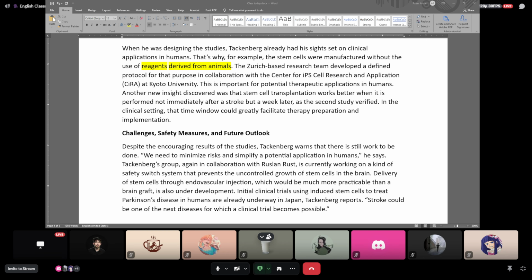This is important for potential therapeutic application in humans. Another new insight discovered was that stem cell transplantation works better when it is performed not immediately after a stroke, but a week later, as the second study verified in the clinical setting. That time window could greatly